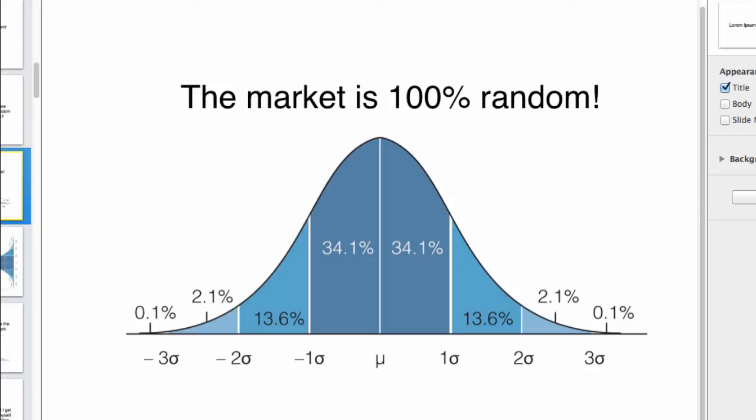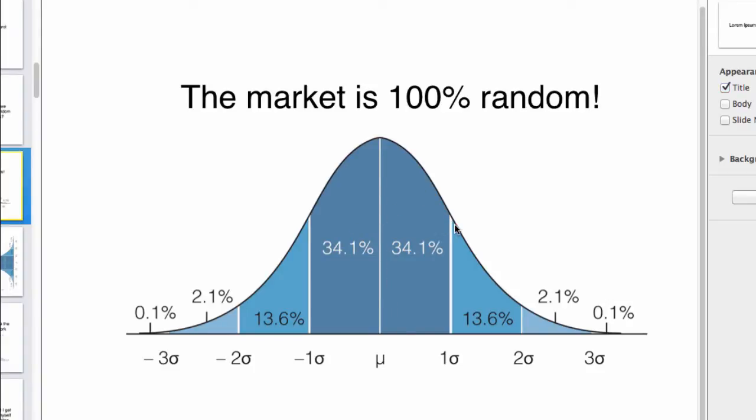I have up here a slide from one of the videos that we did in our 4-part course on the website. And if you've seen it before, you'll understand it again, but the slide is a normal distribution graph, right? It's this normal probability distribution graph that basically says that if we have a very random market, which we know the market is 100% random, then we're going to get a pretty normal distribution of movement in the underlying stock over a given period of time, right?